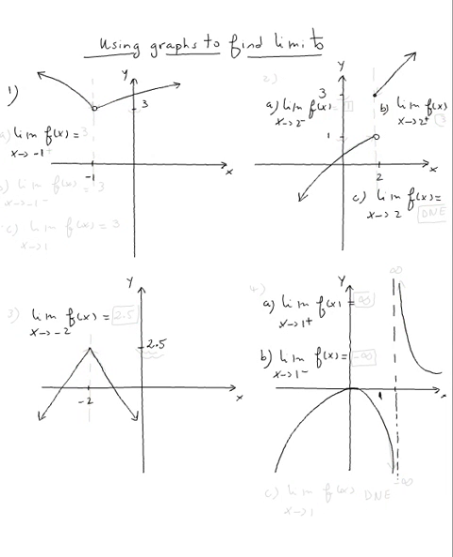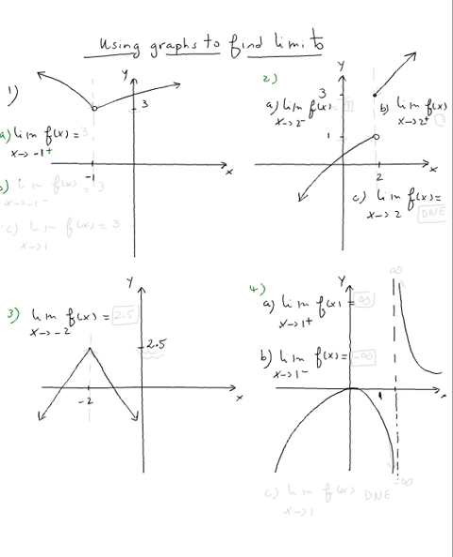In this example, we have 4 different graphs. Graph 1, and then graph 2, and then graph 3, and then graph 4. We need to find some limits. For the first function, we need to find the limit of f of x as x approaches -1. Let's do the right side first. Let's rewrite it as the limit of f of x as x approaches -1 from the right side,